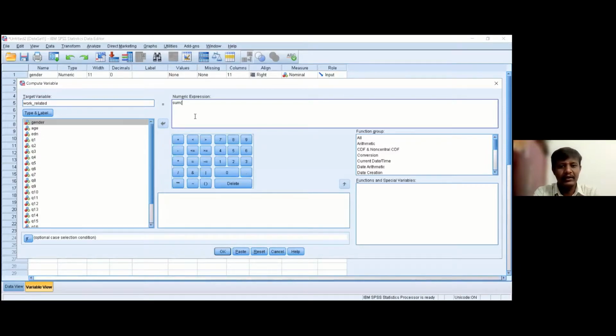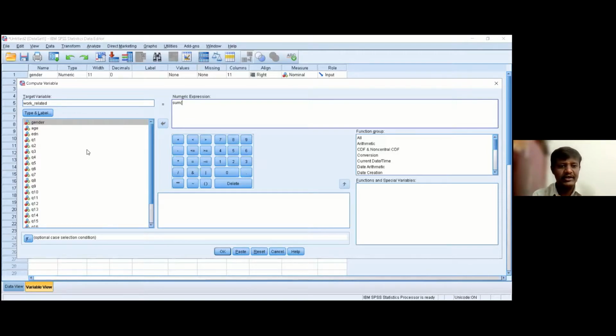From the left hand side, you can see all the variables we used in our questionnaire: age, gender, education, and question number 1 to question number 20 are available in this area. From here, we need to select those questions which we are going to convert into one variable. Here, I'm going to select the first 5 questions into this numeric expression box.